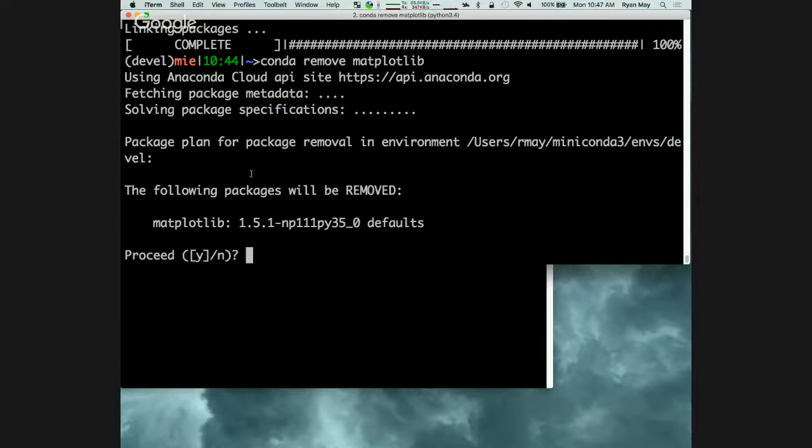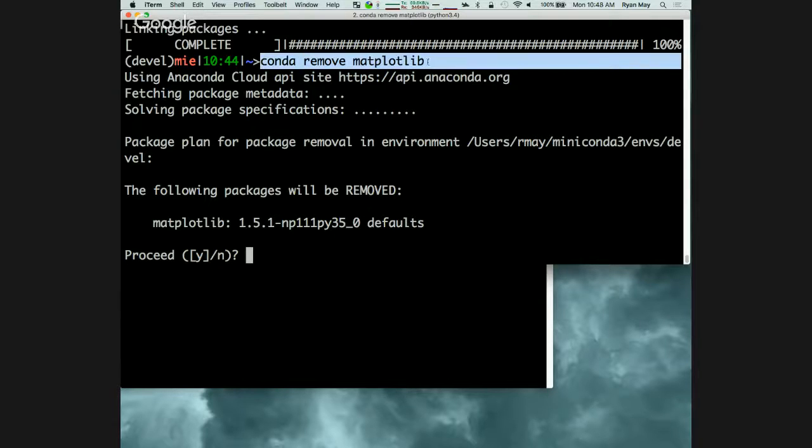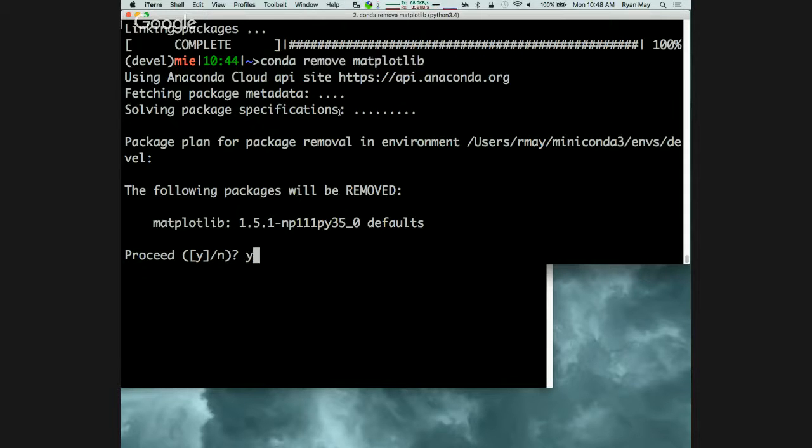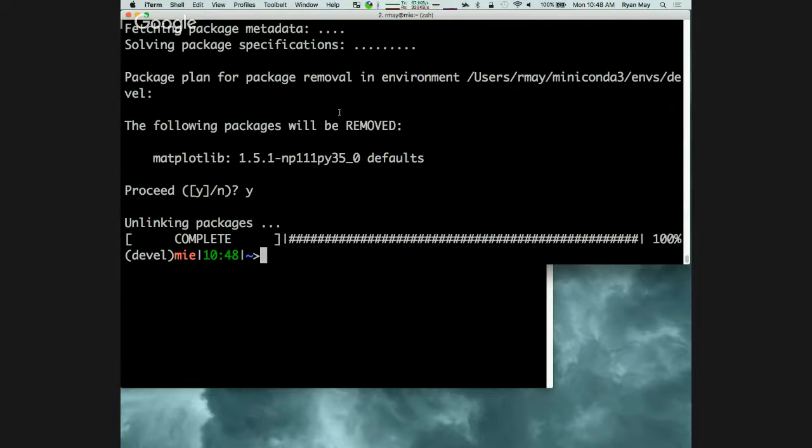And it actually will go through, and if you're removing things that are needed, it'll adjust. If it can install something else to make sure the dependencies are fulfilled to not break the rest of the environment, it'll do it, or it'll remove everything that depends on matplotlib. It'll go through the requirements to try and keep your environment working. And what was the command again originally? conda remove, right up here. So after we installed it, we can say remove to get rid of things. And that should be quick since we're not downloading this time.